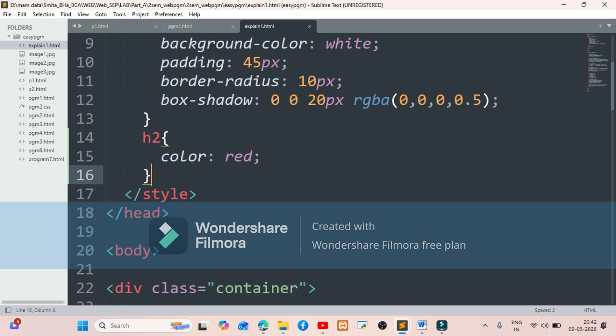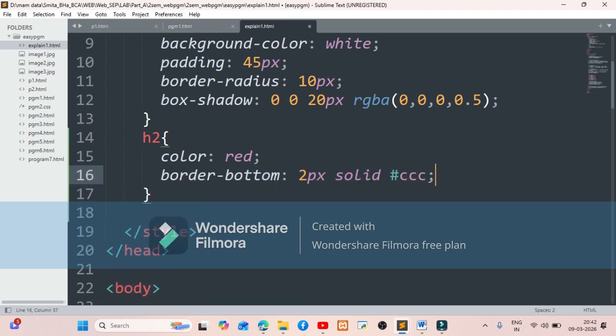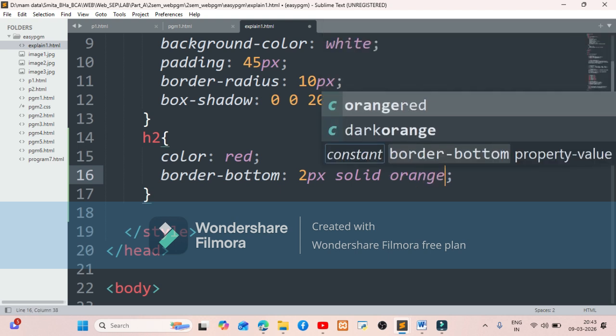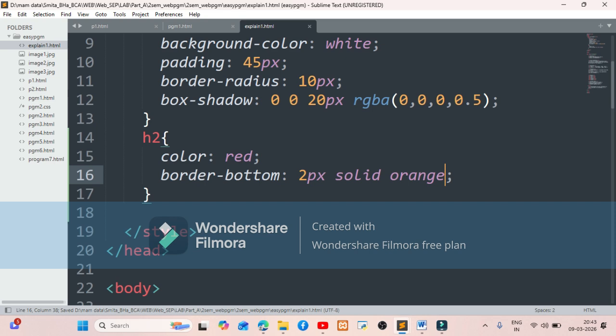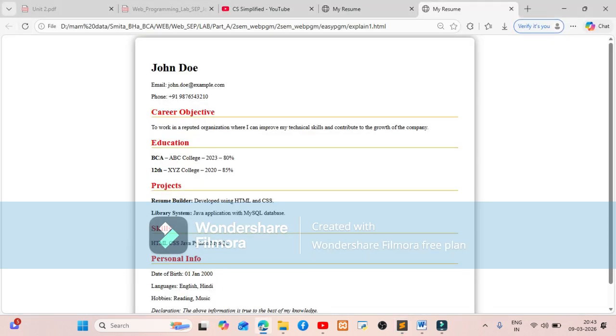Let us go ahead and give different styles to our web page. We can add the border after every subheading. So the attribute is border bottom. This is the thickness of our line, solid, and this is the color. Now the color code, we can always use the color. We can type the name of the color. Control S. Let's go and refresh. So what do you see now? You can see the line which is orange in color.